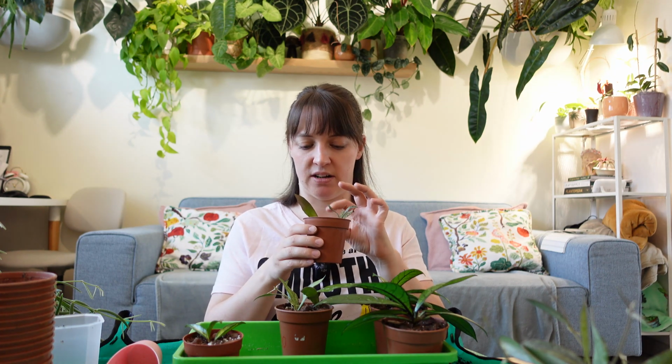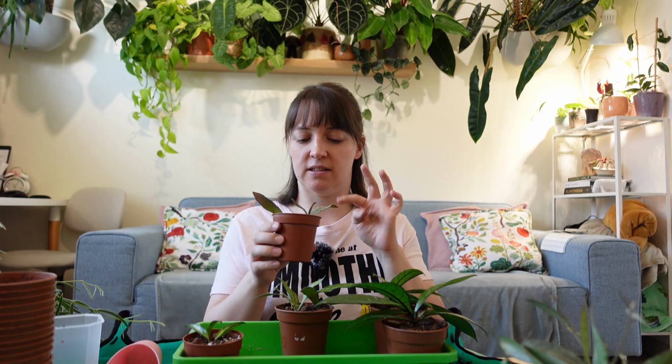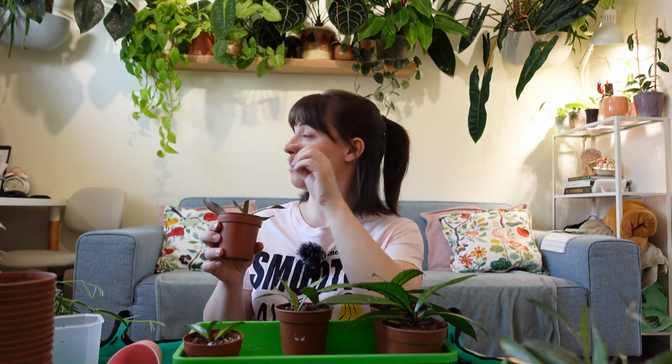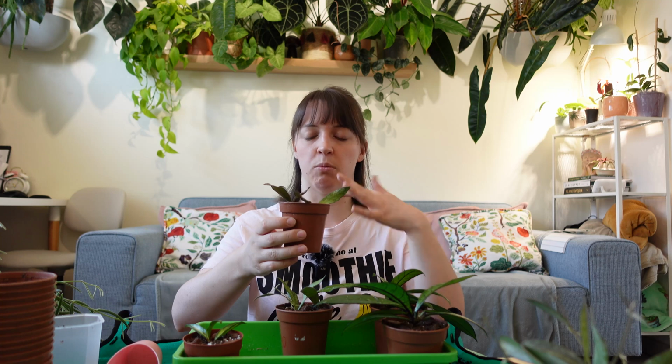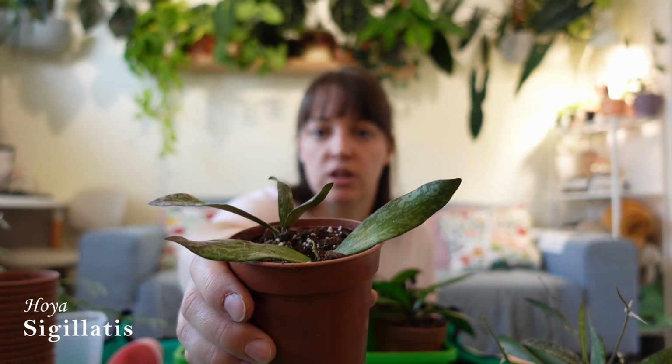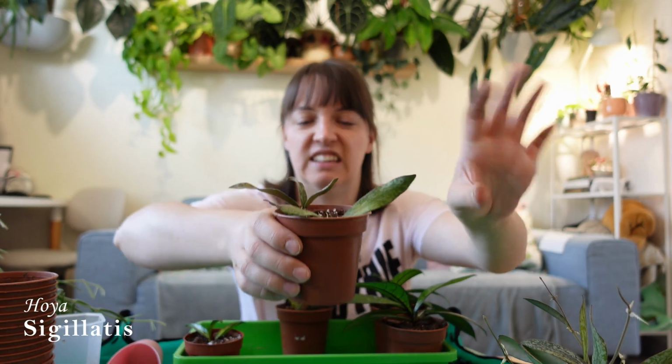Oh, this is very wobbly. I don't know if that's going to make it. This is the sigilatis, but it's a different version than the one I've got. I've got the thicker leaf, rounder, longer leaves. This one is thinner, longer. It also has more of the splashiness on it. There are 2 cuttings in each pot, but this cutting here, the stem of it rotted away,